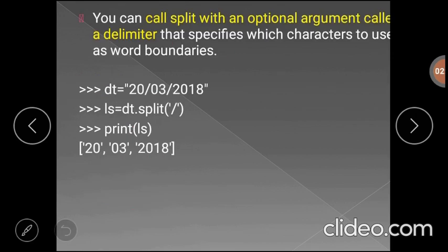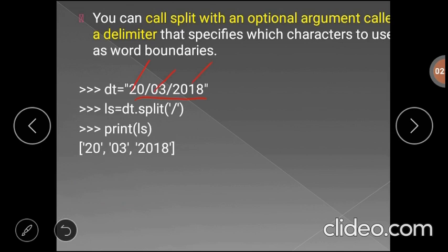Now, if we need a specific delimiter for splitting the line, we can pass that as a parameter to the split function. For example, here we have the variable dt with the data 20/03/2018, that is day, month and year.